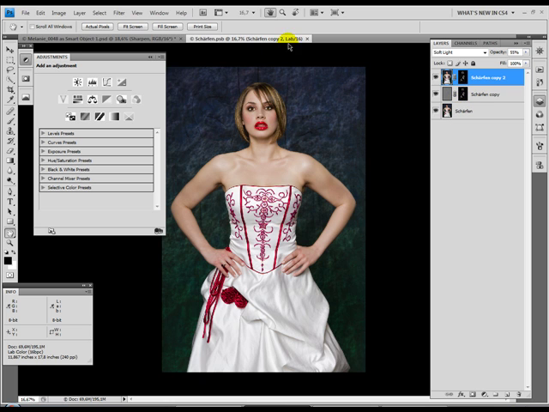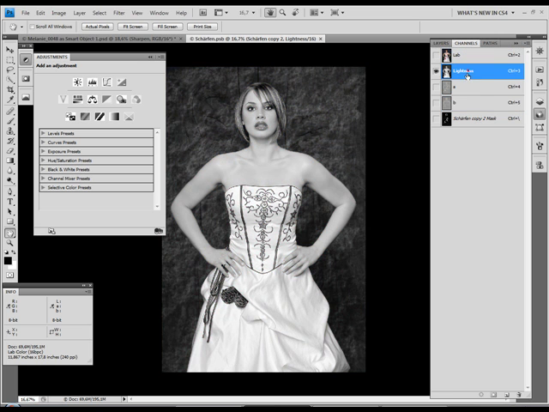Yeah, here we're in LAB 16-bit. I like to use it because I can create a mask by using the lightness channel. I copy the lightness channel and then I